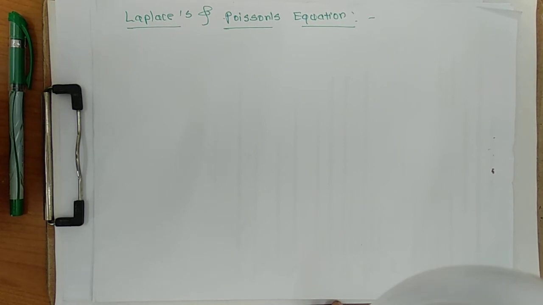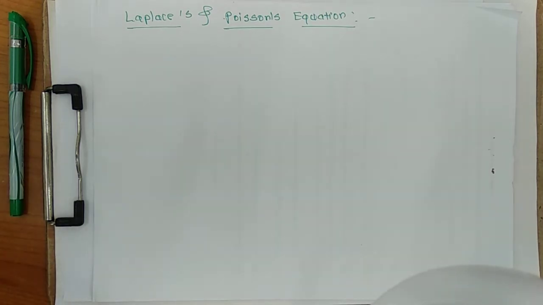After the last lecture, we have studied the boundary conditions and seen some problems on them. Today we are going to start one important topic. In every university question paper, there will be a definite question on the derivation of the Poisson's and Laplace equations, and some numericals will be available on the Poisson's and Laplace equation. So we will study the Laplace and Poisson's equation.